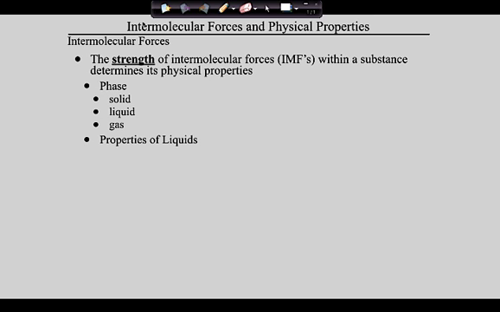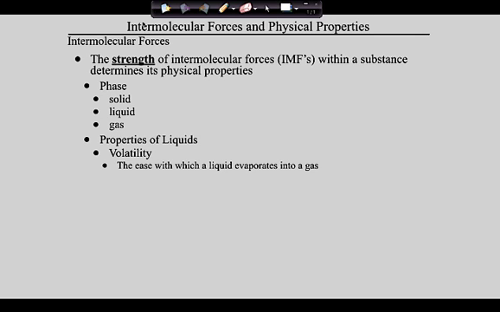So guys, number 2. Well, actually not quite. So guys, once we figure out how IMF strength relates to phase, we're then going to focus only on liquids. And there are 3 properties of liquids that you're going to be asked to understand. The first is what is called volatility. So what does it mean if a liquid is really volatile? What it means is it evaporates really